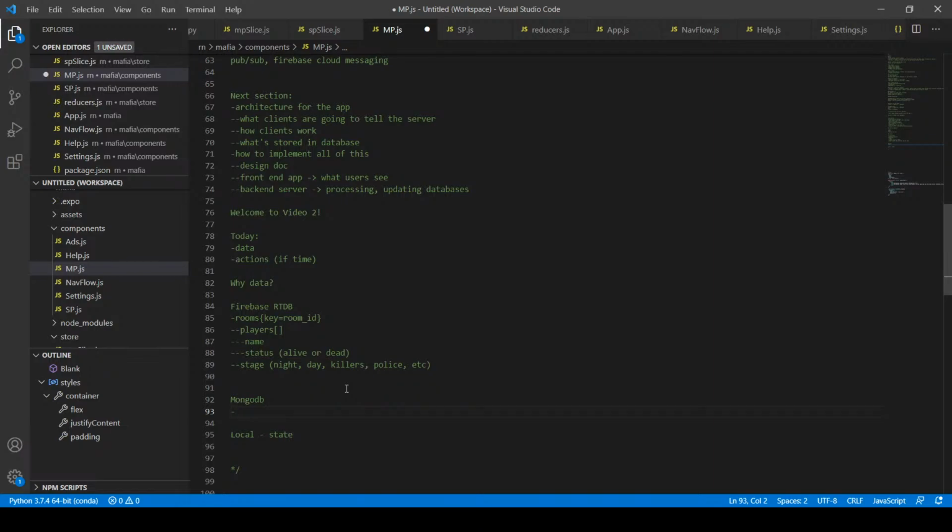This is not viewable by users, so we're going to store a few other administrative things in here. Again, we're going to structure it similar to the above, where we have objects of rooms, which is by the key ID, the room ID. Then we're going to also have players, the name, the status, but also because this is the more administrative side, we want to know what users are